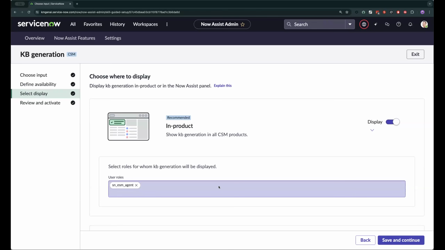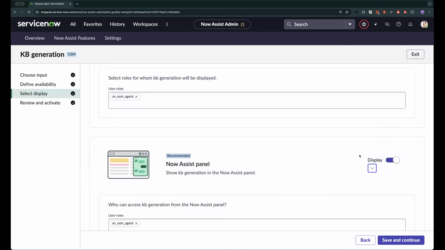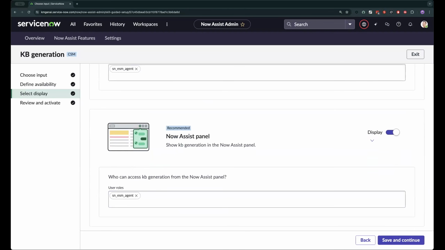I know we have a lot of concerns about, now all my agents can generate so many articles. How am I going to handle all these articles? This is how you're really going to do that phased and wave approach. If you want to do that, you would just create a custom role and then apply that to a group and then onboard your agents within that phased approach. So that's where you'll do that here. I'm just going to leave this out of the box for now.